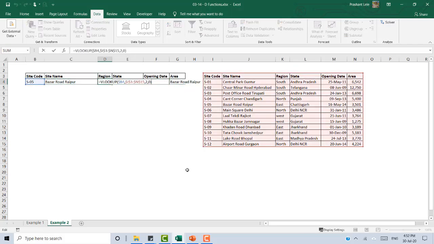Copy here and change the column reference to 3, 4, 5 and 6.